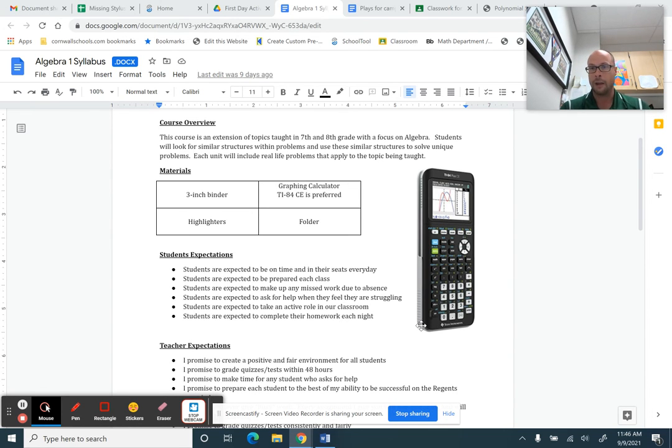The only other thing that I would expect you to do is go through that opening day letter. I don't have the students bring them home and sign them because I know a lot of them, especially the older kids, just kind of forge them, or you give your parents a stack of 5 or 6 and they're not really reading through them. So if you have some time, you want to read through and look at anything that I put in there. If you're confused about anything, please reach out to me via email. If any concerns happen with your student, just please reach out to me via email. That's the easiest way to contact me.